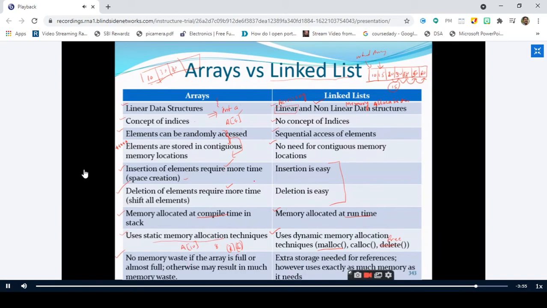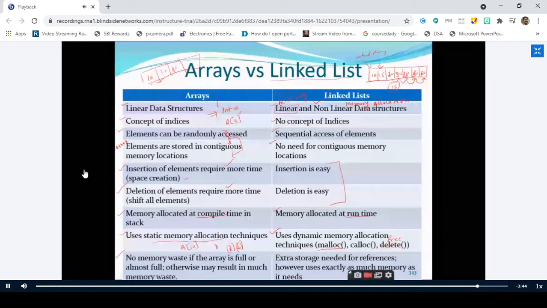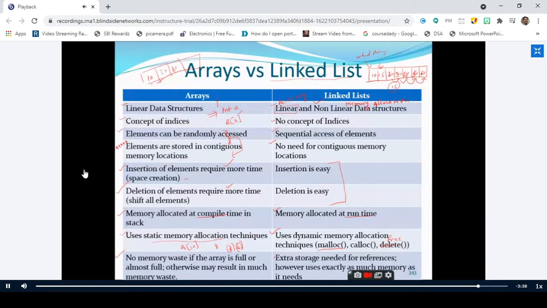But in a linked list, since you are making use of dynamic memory allocation, whatever memory you require, you can allocate. Whatever memory you don't require, there is no need to worry about it. But listen carefully. Extra storage is needed for the references.